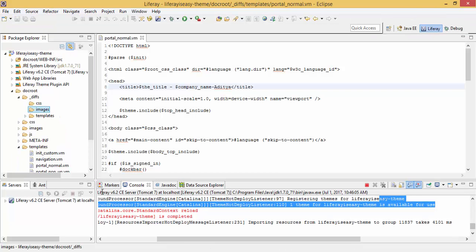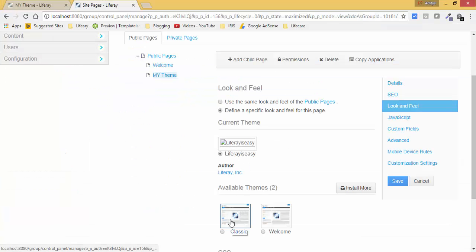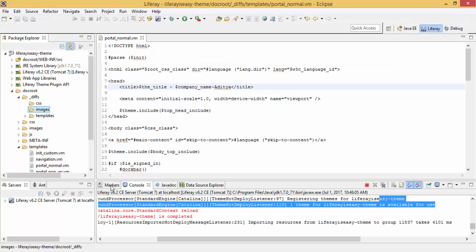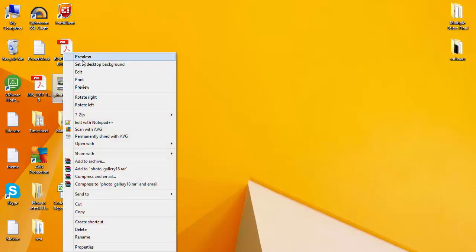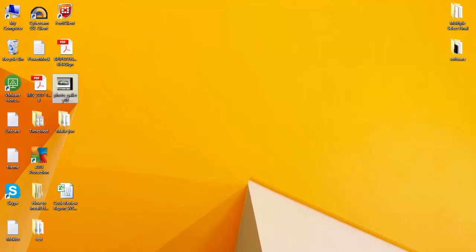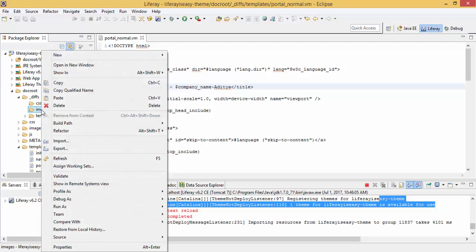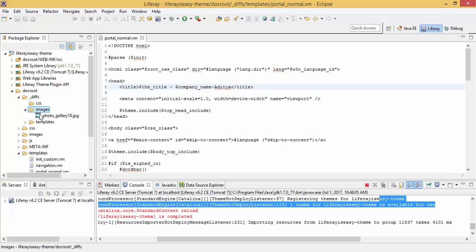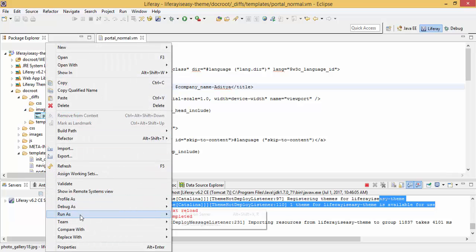I also want to create a thumbnail for this, like these thumbnails. Let me open this. As you can see, it's a thumbnail.png image inside the images folder. So I create the same image inside this. I already downloaded it. So, copy. Inside images, I want to create a new image.